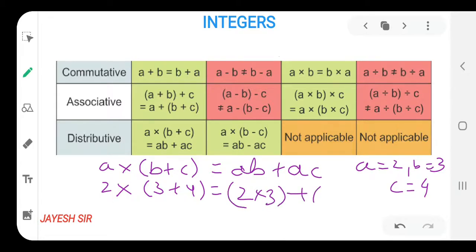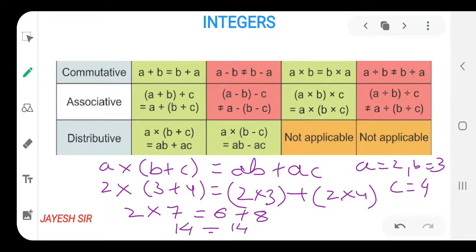Yes, now in this way I have written and added all the values in that. Now what we are supposed to do: 2 into 3 plus 4, 7. Now 2 into 3, 2 3s are 6, plus 2 4s are 8. 8 plus 6, 14. Here also 7 2s are 14, as we are getting our answer as 14. That means this property is true.